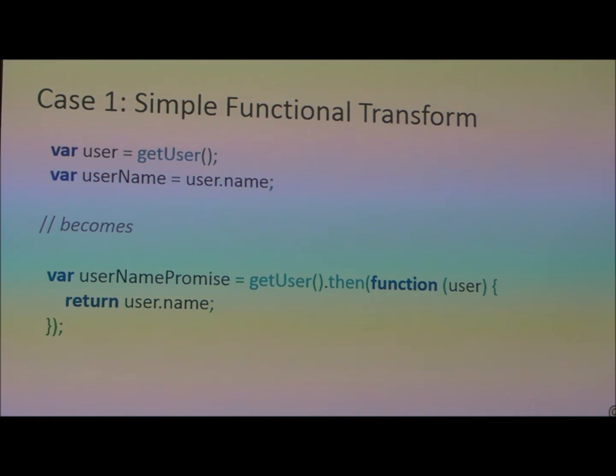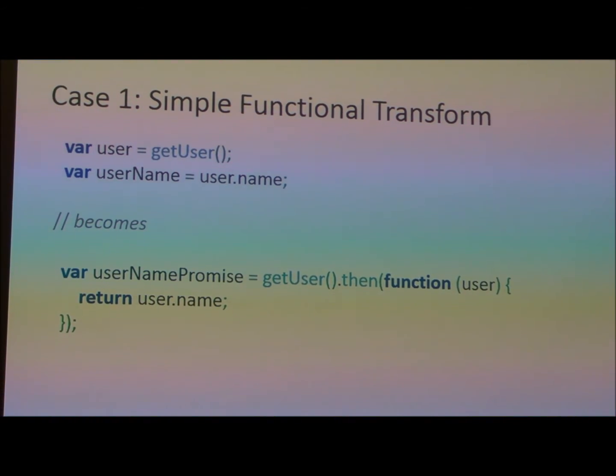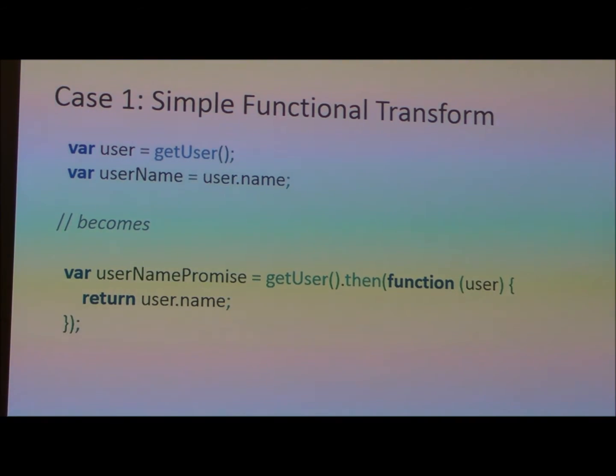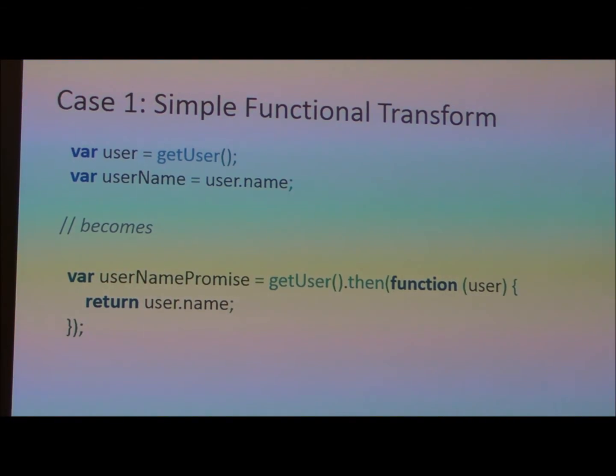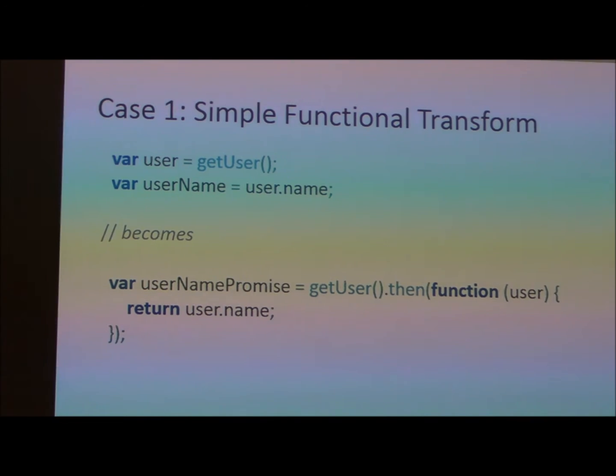So what happens if we get an error trying to get the user? Yes, in that case, that's a great question. So if get user returns a rejected promise, that's how it would signal an error, because it's asynchronous, so it would always signal through rejection. Then the onFulfilled would not be called. So nothing would happen. You would stay with that error inside your username promise. And this is cool. You're kind of jumping ahead of it, but this is like errors bubbling up the stack and skipping all code in between them. So that error bubbles up and is stored in username promise, just like a thrown exception would bypass any code right after it.